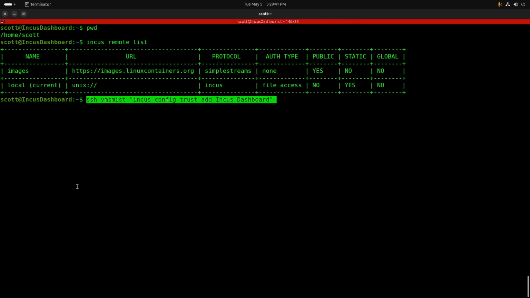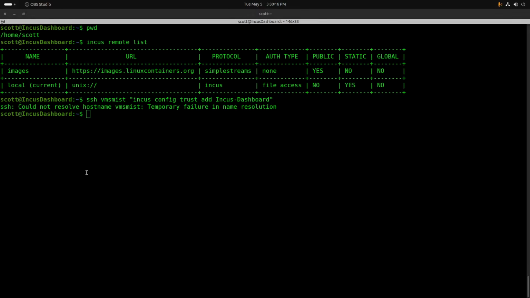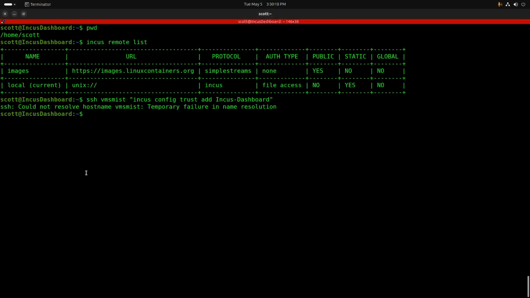So in order to create that trust, I can do an SSH over to VMS Mist, which is in my DNS system, and I do an Incus config trust add Incus-dashboard. And of course, it says temporary failure in name resolution. Probably the quickest way around that is if we simply do a sudo nano